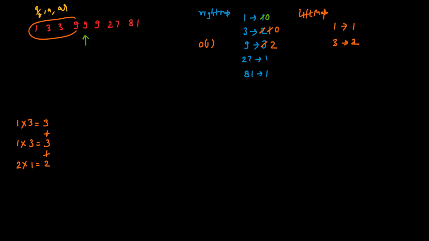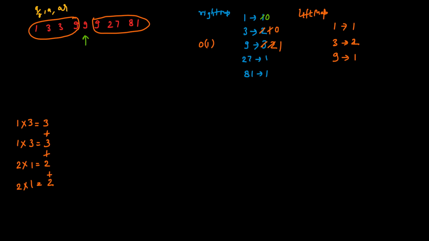So this time now this is our left map and this is our right map. Based on that we have to update this, guys. So now in the left map 9 is also there. So this will be 9 with frequency 1. And here we need to reduce the frequency of 9. So here only 1 frequency. If this is the processing element, how many A by R exist? 2. So the count will be fetched from this left map. 2 into how many AR exist here? 27. So the frequency of 27 is 1, which gives 2. So we'll add this. So overall this, right?